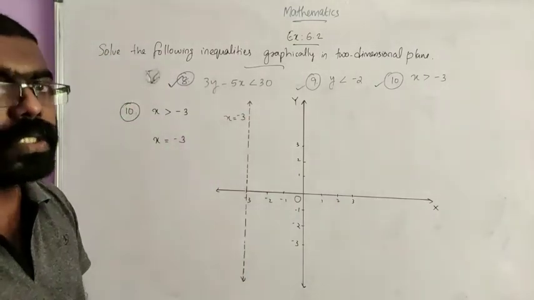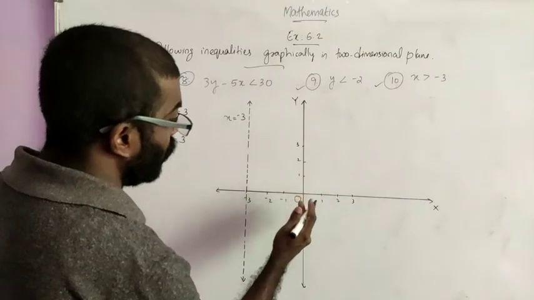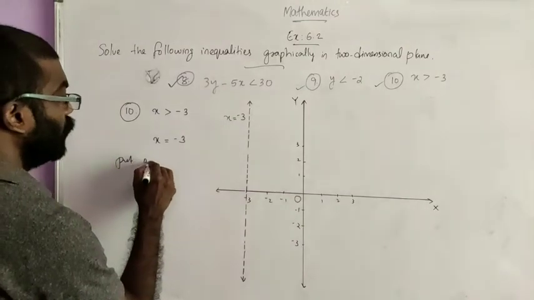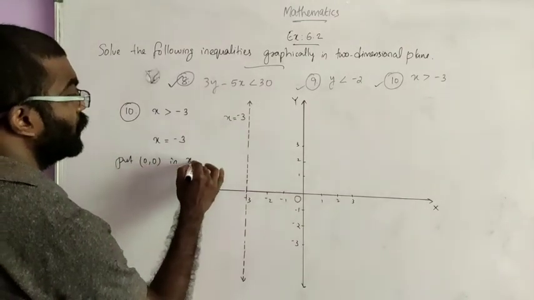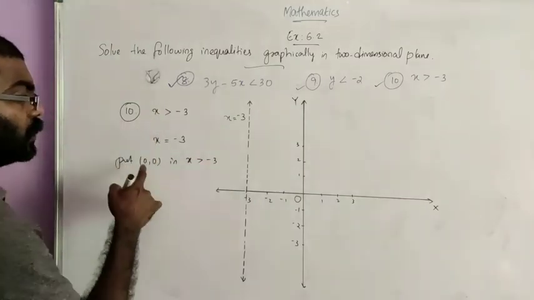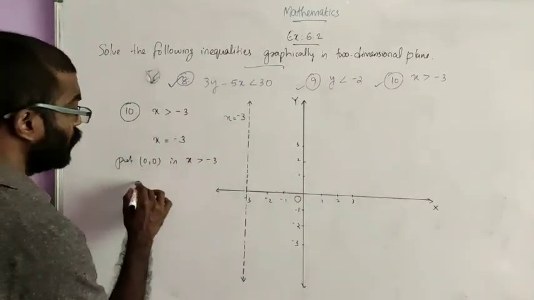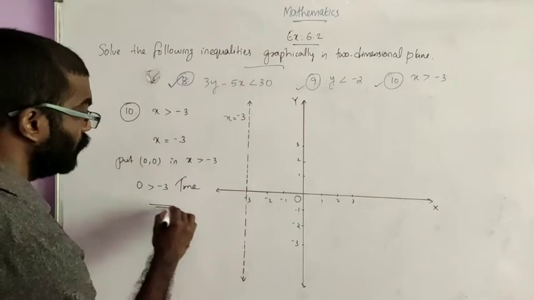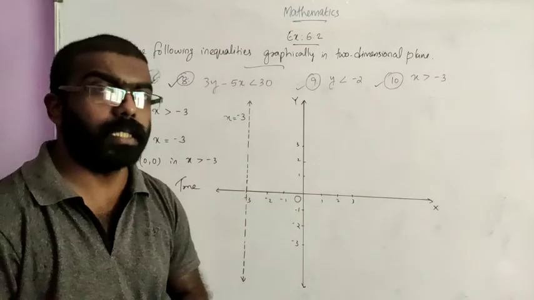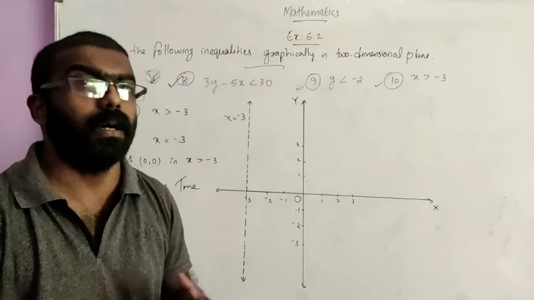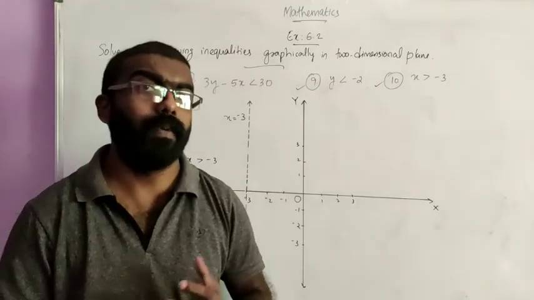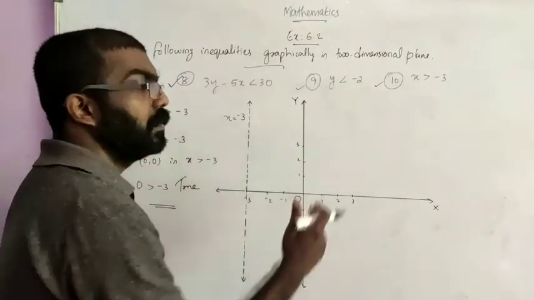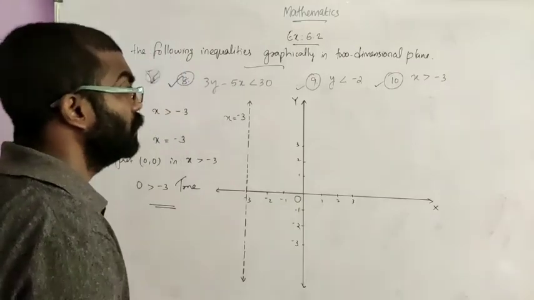Now we can check the solution region. So here 0, 0 is a point which is on the right half plane, right side of this line. So we can put 0, 0 in x greater than minus 3. Here only x value, so x equal to 0. Put x equal to 0. 0 greater than minus 3. 0 greater than minus 3 is a true statement. So what we can conclude? 0, 0 is a solution of this inequality. 0, 0 will lie on the solution region. So we can shade the right part of this line. Okay, that will be the solution region. Right.